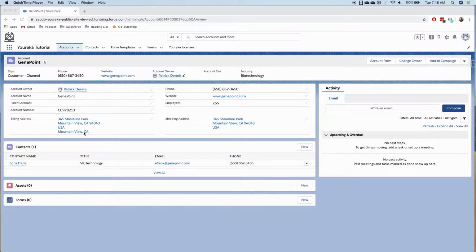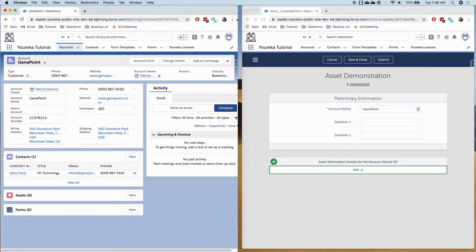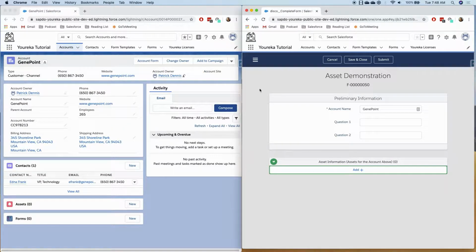Youreka form. So for this demo, what I've done is just created an example form template using Youreka's template builder, and we've called it asset demonstration. Now, when this form has been created, we've linked it to this particular account. And so you can see this account name field here has already been pre-populated with the account's name. Now, I'm going to update this. I'm going to update the account's name here. So you can see that when we submit this form, that account name field is going to be updated inside of Salesforce. These two questions just might be specific questions we want to ask about the account, but most importantly